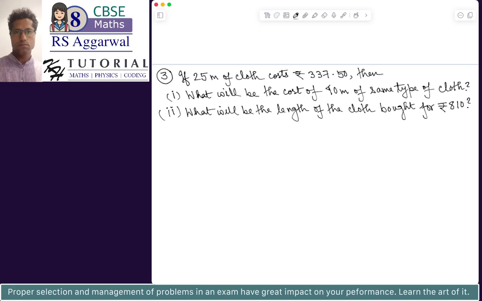Okay. So if 25 meter of cloth costs rupees 337.50, then what will be the cost of 40 meter of same type of cloth, and what will be the length of the cloth bought for rupees 110? So the two quantities, as we can see, if I consider the quantity x to be the length of